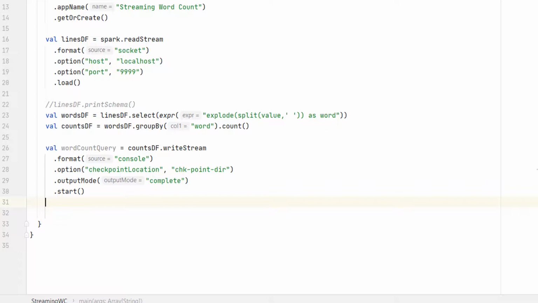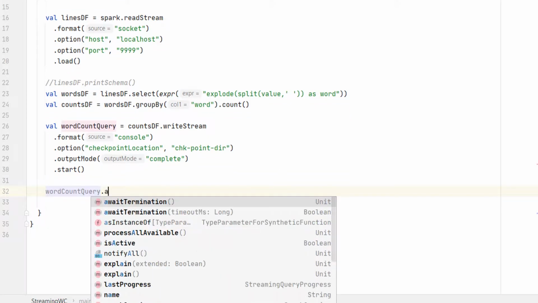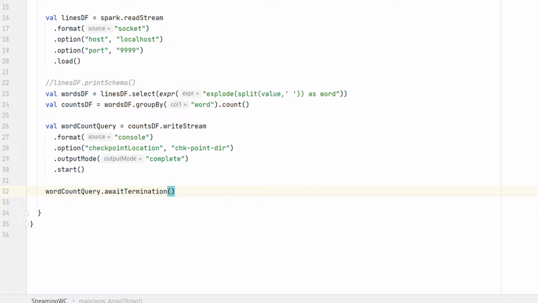The start method is a non-blocking method that starts a background job and returns. So we must wait for the background job to complete. You can use the streaming query to wait for the background job to complete. A typical stream processing application is expected to run forever. So this await termination is not going to end until the following happens. You want to stop your application for some kind of maintenance, so you kill this streaming application. Or your streaming application faced some error or exception and it terminated.